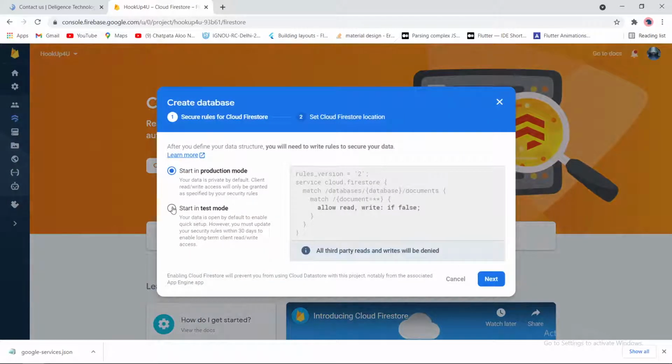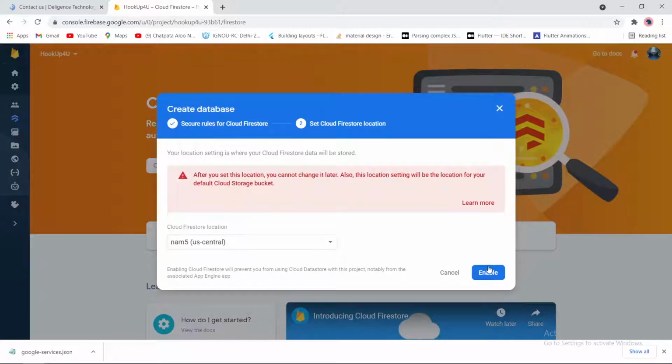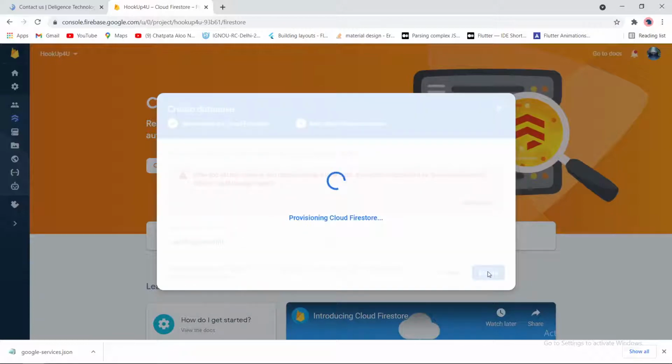just tap on Firestore database, and now we will create database. So I am going with test mode, but if you wish, you can choose production mode. As of now, I am just using this for testing purposes, so I will choose test mode. We can just tap on enable and let it finish.